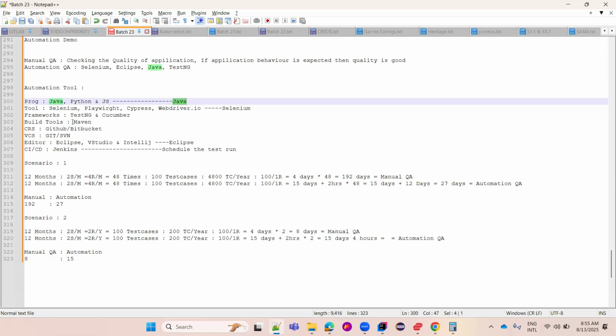If you want to complete a project, as you said you are now working as a lead for manual, you want to explore automation and become a lead for automation also, right? Another person has 3 years of experience in manual and is moving to automation. Another person had a gap after doing manual for 3 to 4 years and wants to re-enter with automation skills. These types of people are there in our batch, right? So first you should be aware of what all things are required to complete a project in automation.